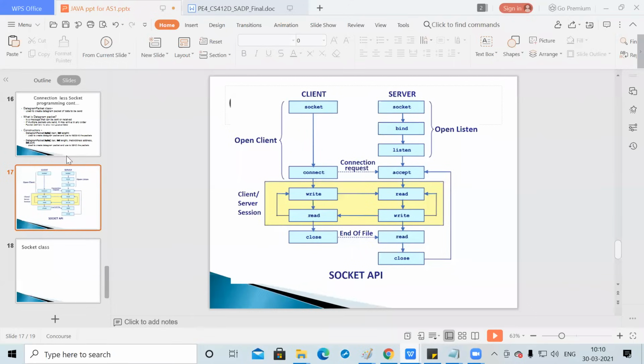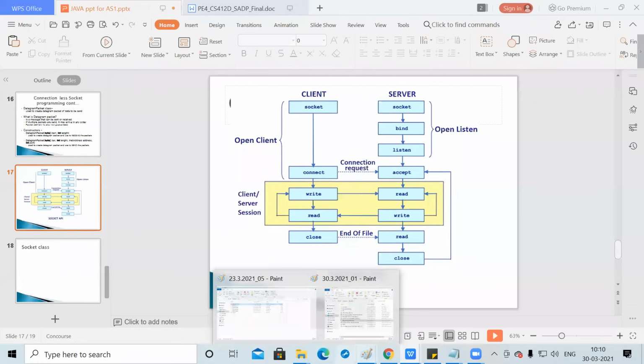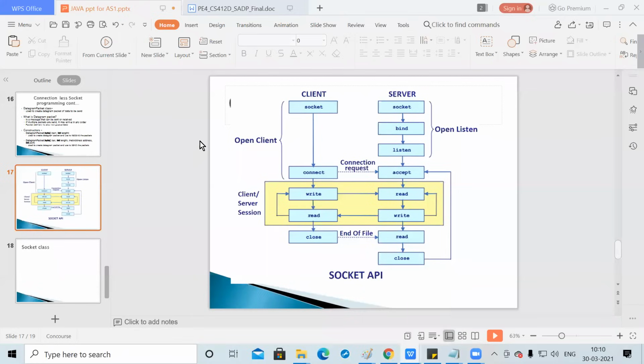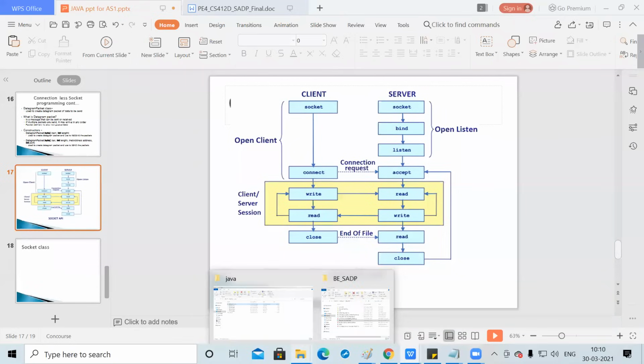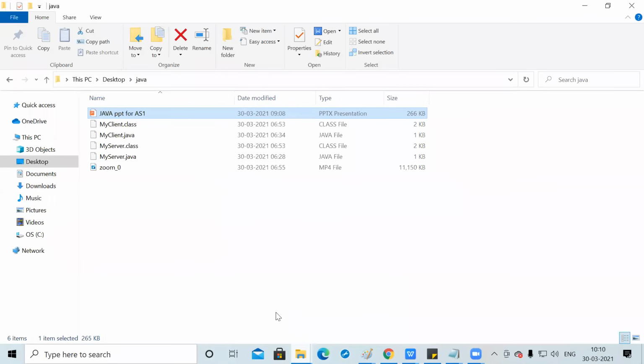So I will directly go to the code part then. If you are clear, I will explain the code and then we'll execute that code and see the output, right? Yes, so these are the classes.